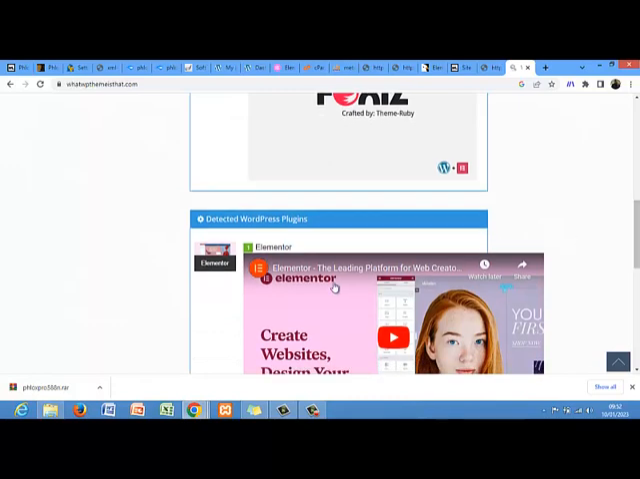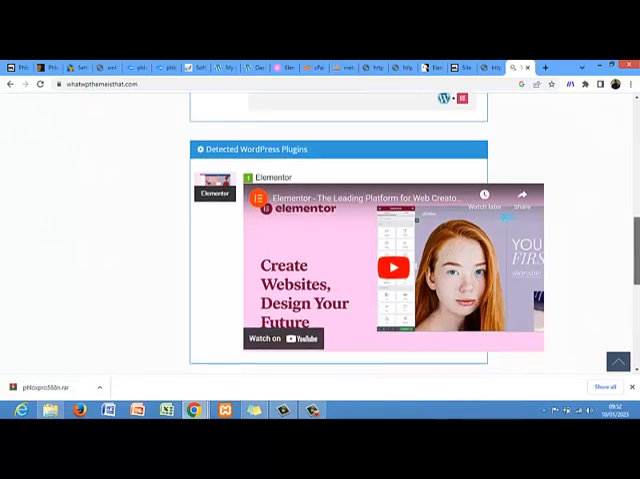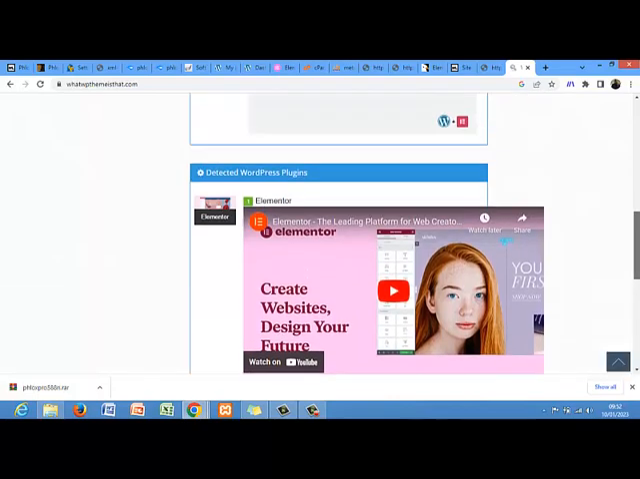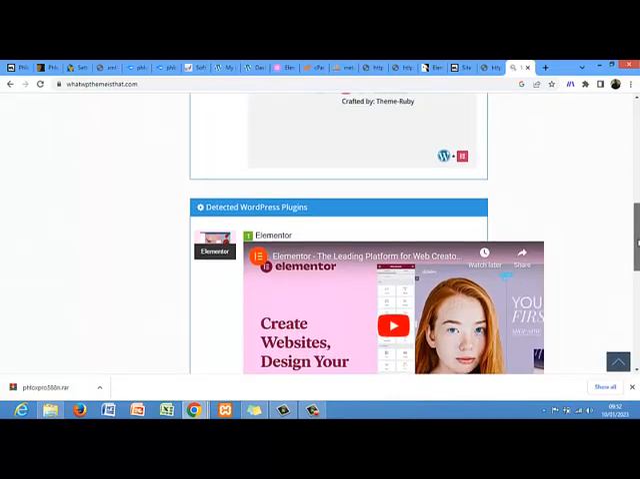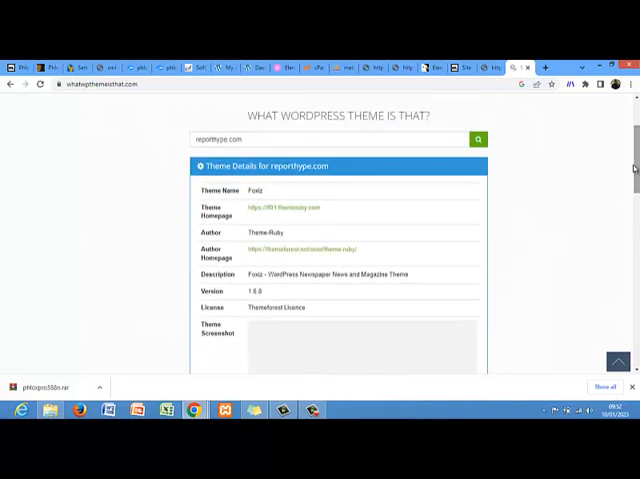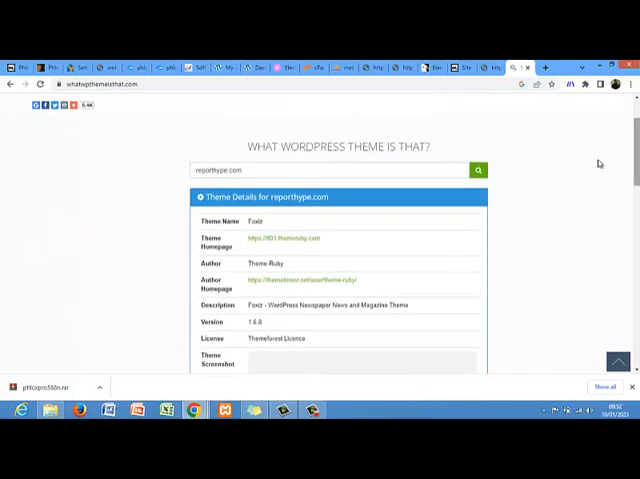Now they detected the plugin I'm using. This is not only for the WordPress theme alone, it's also for plugins. Now they know I'm using Elementor. I think that's the only plugin they detected. But I'm using more than that. So in some cases they will know more. Let's search for